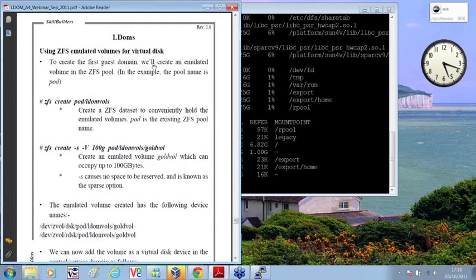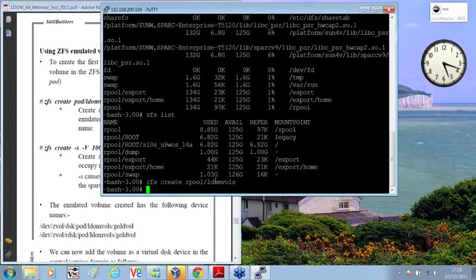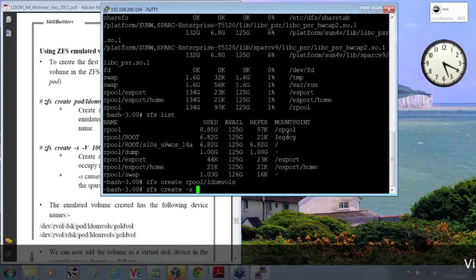Okay. So let's have a look. First of all, we've got to create the holding area, if you like, the data set that's going to hold our actual volumes. The pool in this example is called pod, but mine is called rpool. Okay, so now I'm going to create an emulated volume. This is, by the way, sorry to bandy these terms around like emulated volume, but what I'm effectively doing here is creating a disk device sitting on ZFS that will look like